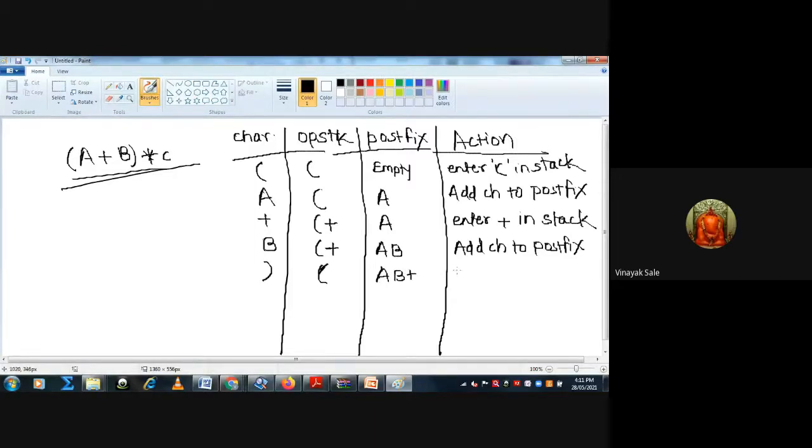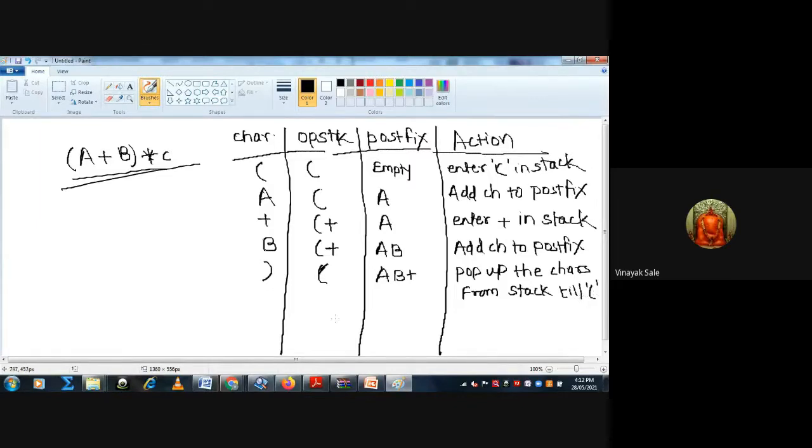The action is to pop the symbols or characters from the stack till the opening bracket.